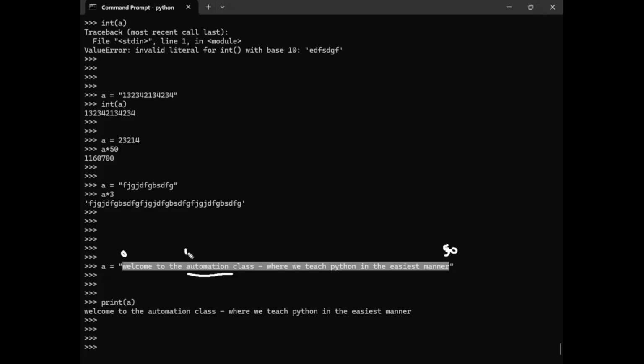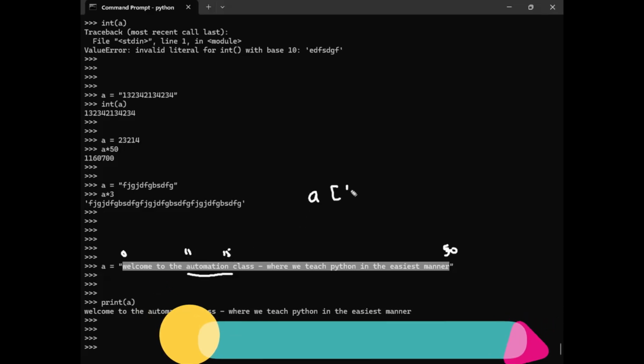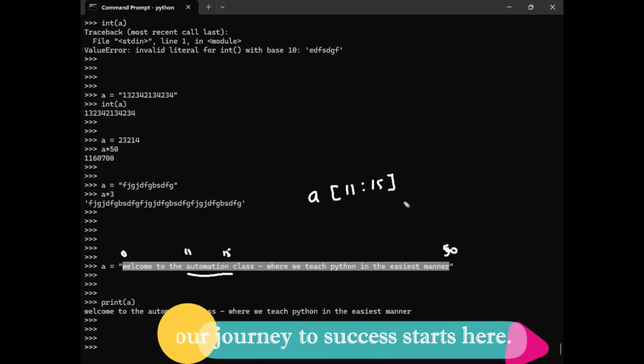Let us say it is starting at number 11 and ending at number 15. I can use it like this: A[11:15]. It will give me the substring, or you can say I am slicing the string into a substring. This is a really very common way.